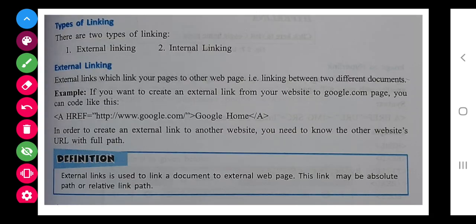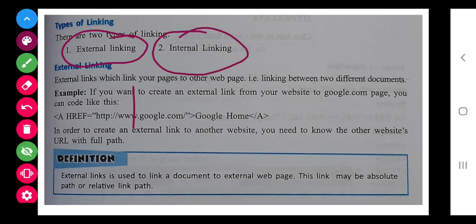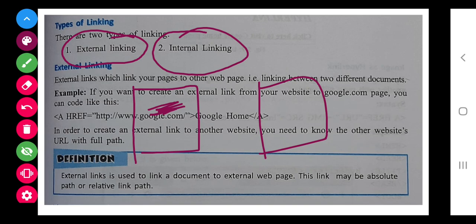Now there are two type of linking, one is the external linking and another is the internal linking. External linking means I have two pages, I am clicking on this page somewhere in a hypertext, and this page is getting open, so that is the external linking.